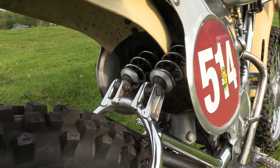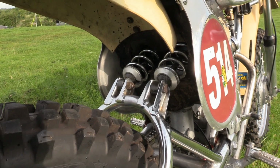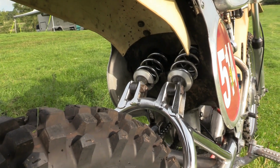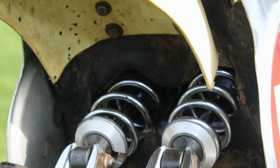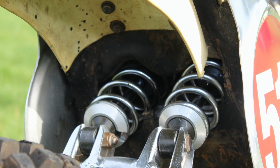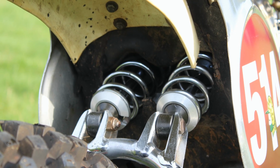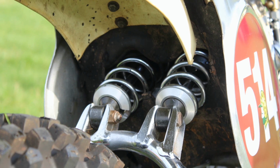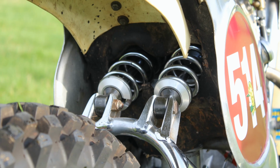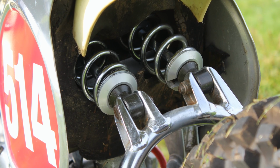But certainly this Cantilever Cheney frame is very unique with this twin shock suspension arrangement here at the back, which is very reminiscent of the German Kramer bikes of the 1980s, who used a very similar arrangement on their 250 and 410 Kramer machines. But this rear suspension layout was basically the reason that Cheney shelved these cantilever frames, because they just couldn't get the rear end to work properly, as it just kept bouncing around all over the track during testing. Although after they bolted on a decent pair of quality shocks, it certainly transformed the handling of this